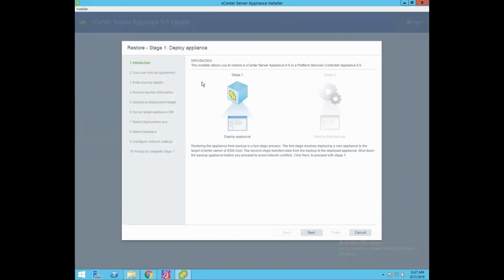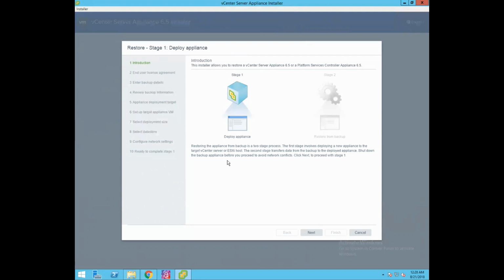Now as you could see, this restore operation is also a two-stage process, and in the first stage, the installer is going to deploy a fresh new vCenter server appliance. Like as you could see very clearly, restoring the appliance from backup is a two-stage process.